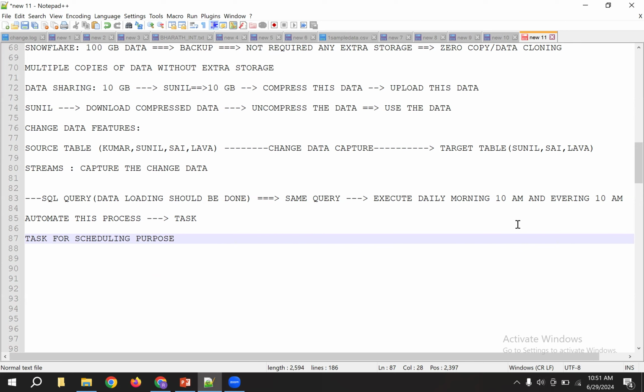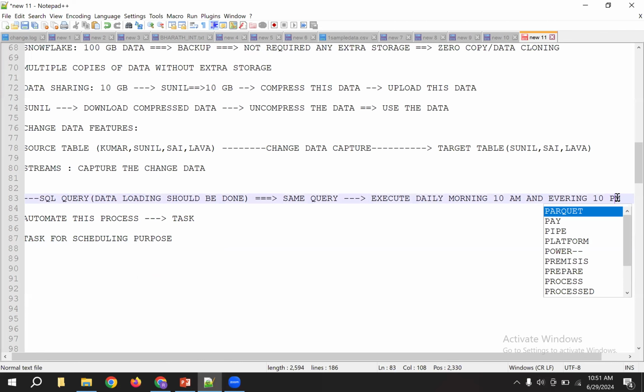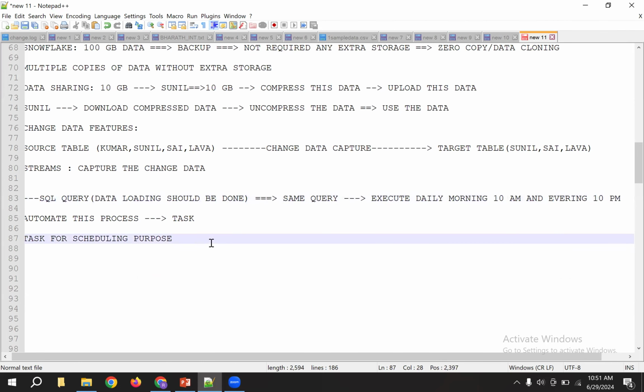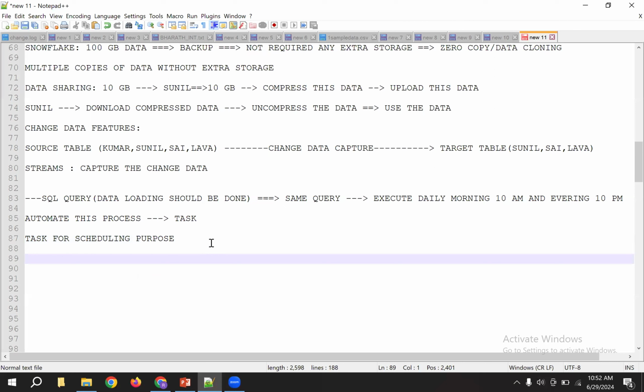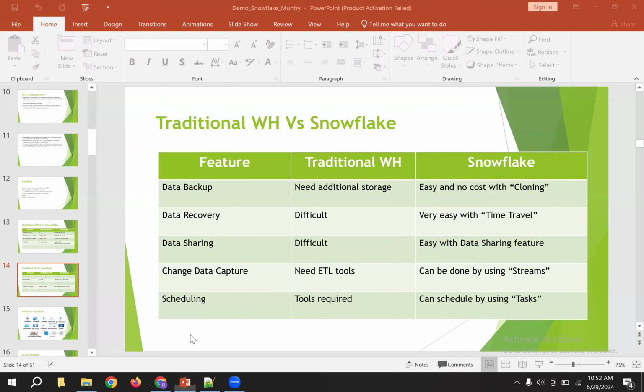So I want this SQL query to run in the morning at 10 a.m. and in the evening, that is night, at 10 p.m. So I can use the task for scheduling a job. This is the job I have, and I can schedule it. But if you go for the traditional data warehouses, you require extra tools here.